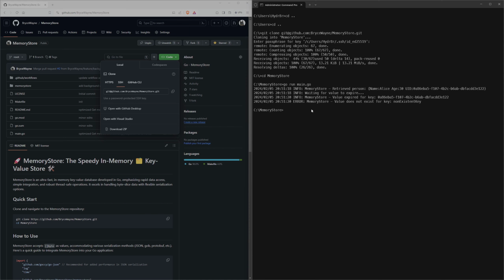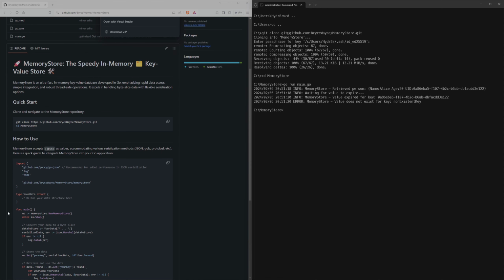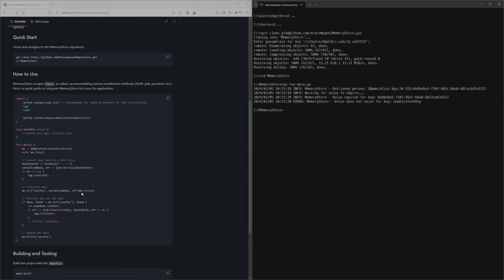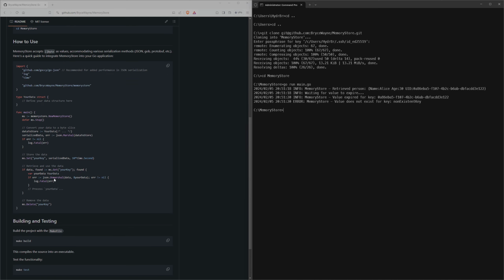And what we had done here is we have some data struct, and we initialize our in-memory database, and then we create some data that we want to store, and we serialize that data with JSON, and we marshal it, which turns it into binary. And then if that's not nil,